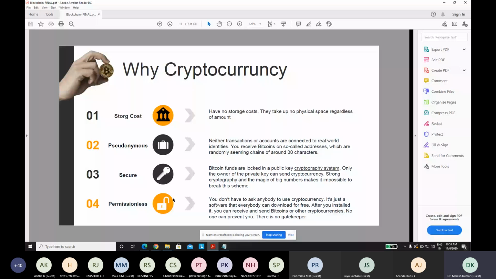If you see the Bitcoin problem today, most of the illegal transactions, drug trafficking, it all takes place through Bitcoins only. The reason behind that is there is no third party involved. The government does not know the transactions, and the people doing the transactions can hide their identities. So nobody knows to whom the amount is actually going, because the whole transaction is based on the wallet, not